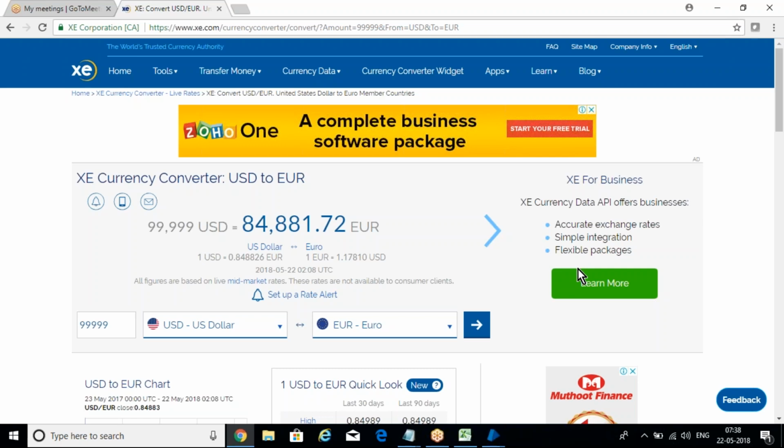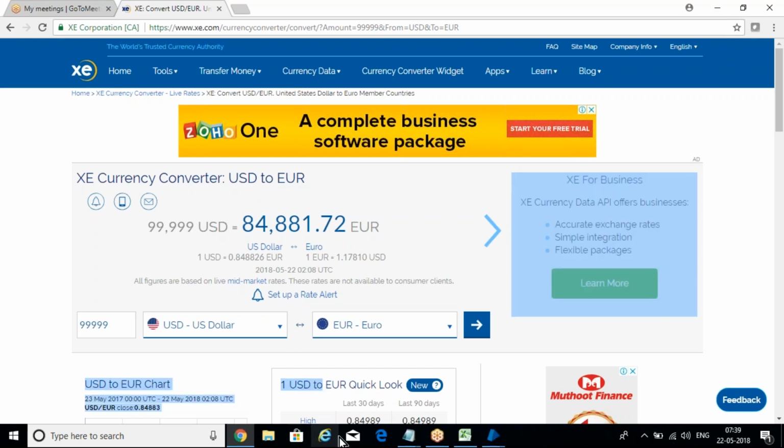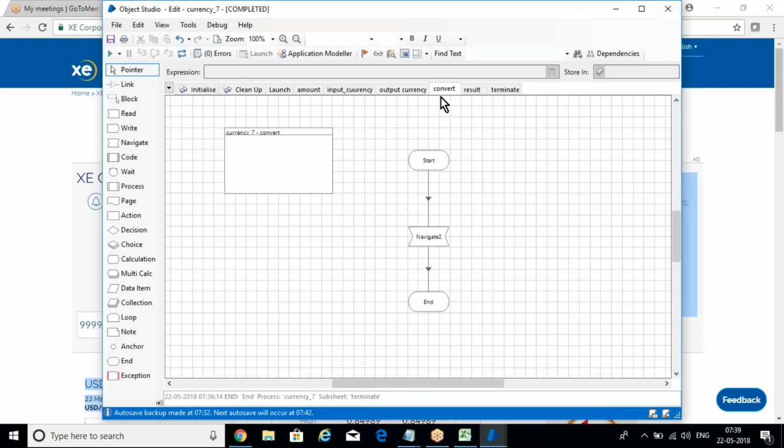It means every time it will give you the result for the same values, because it is already available, so it can't pick the previous thing. So if you click on this, it is picking. Okay, so the result is coming, but here what you are trying to do, you can use in a convert. Okay, let me explain. Use wait option,